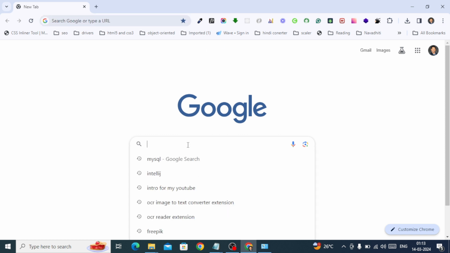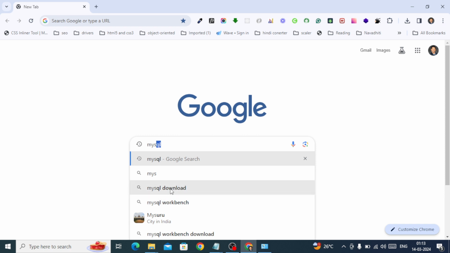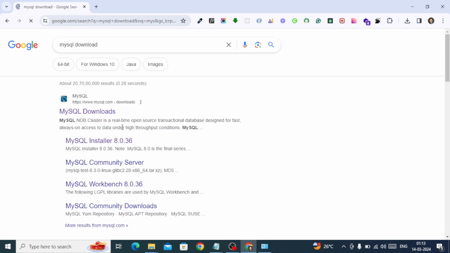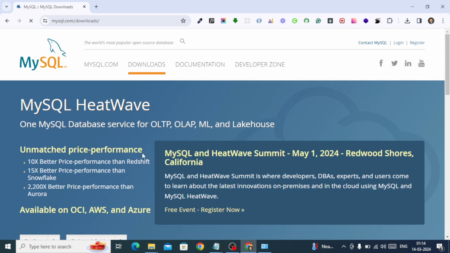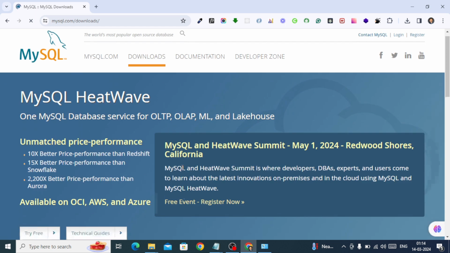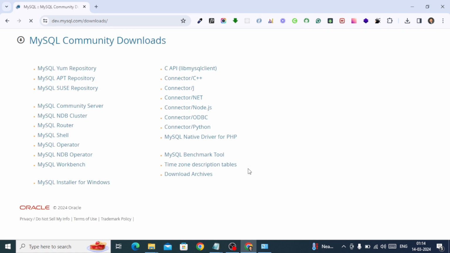First, open Google and search "MySQL download". It will open the MySQL download website. Simply click on this download. The download page is open. Go down, and here we have the MySQL Community GPL download. Click on this, and you can see we have multiple options, so we just keep the MySQL Installer for Windows,